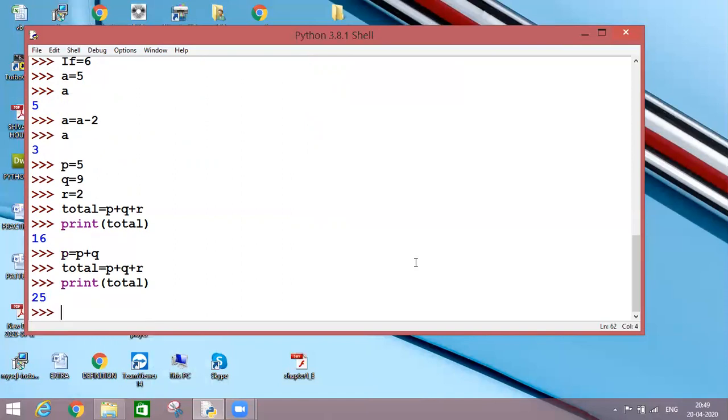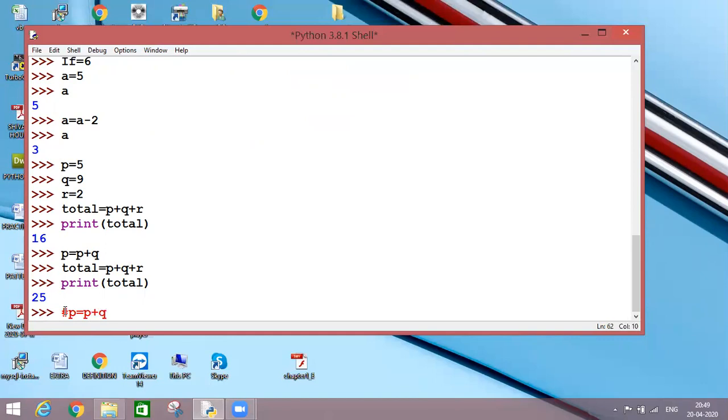Why so? Because here I have done a modification to my P value. Earlier P was holding 5, but now after doing this calculation, P is equal to P plus Q. Let me make it a comment, otherwise it will run again.